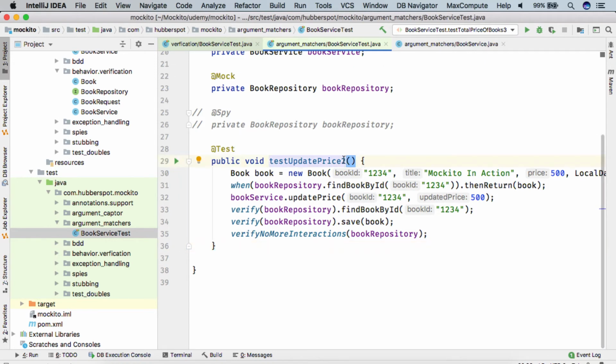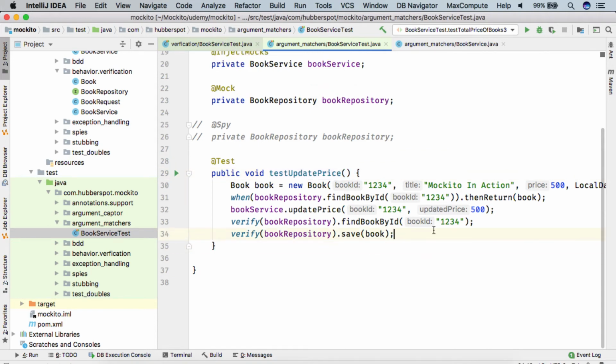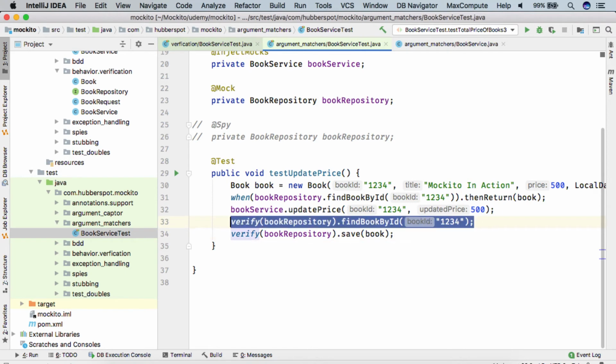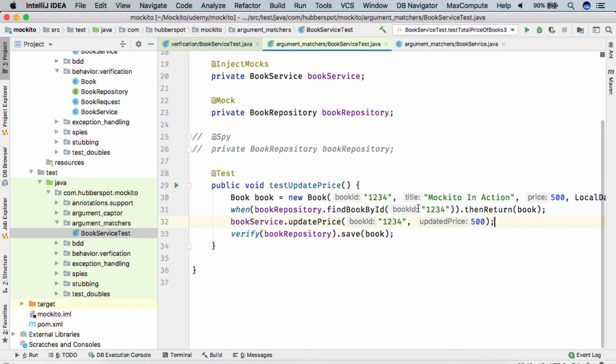Let's say I give the name of the test method as test update price. I'll remove this. So here I remove this as well. So what we are doing in this test is we are calling the book service update price method, passing in a book ID which is a fixed value 1234, and we want to update the price of the book, let's say from 600 to 500,